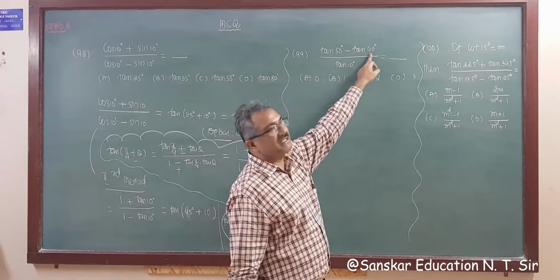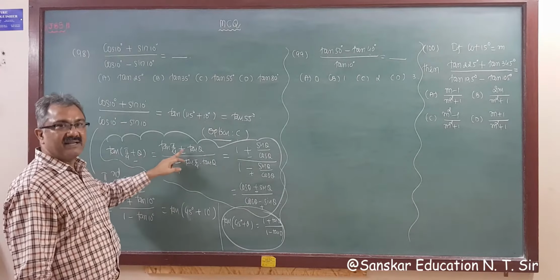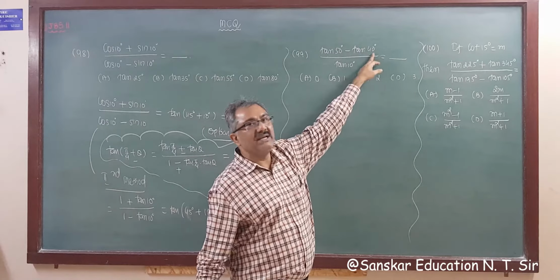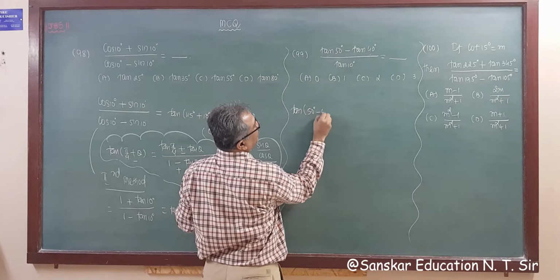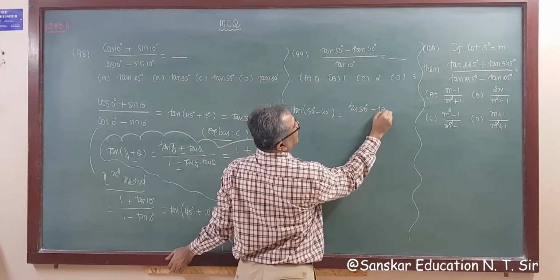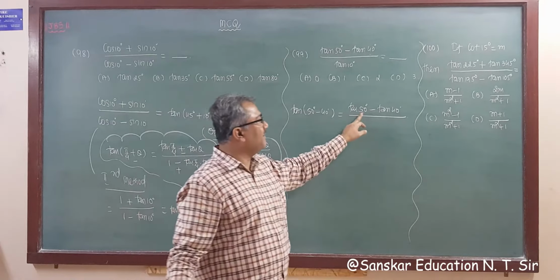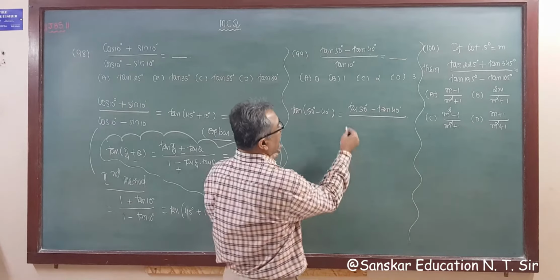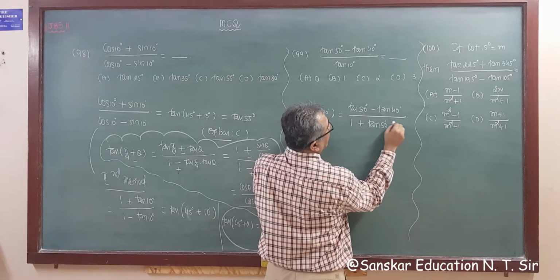Now similarly, this is tan a minus tan b. If this is the formula for tan a minus tan b, then this is minus and this is plus. Right? So tan 50 minus tan 40. A is 50, b is 40. So what is your formula? tan 50 minus tan 40 is tan a minus tan b. I am writing 50 and 40, saying that this is a and b, using this formula with 1 plus tan 50 into tan 40.